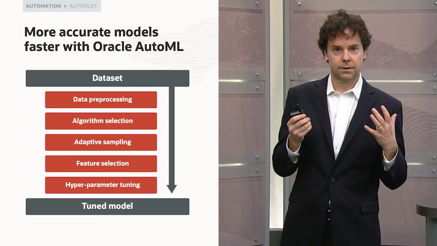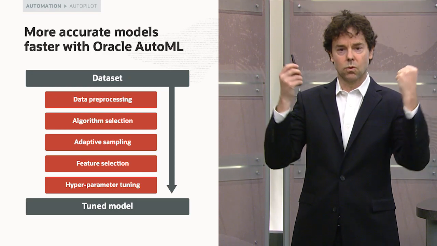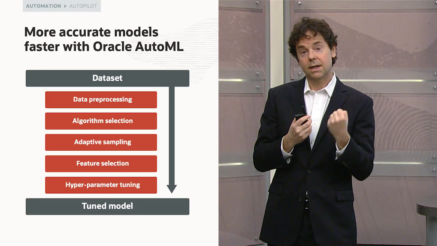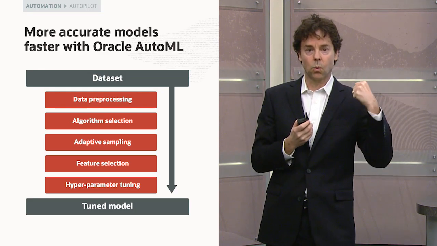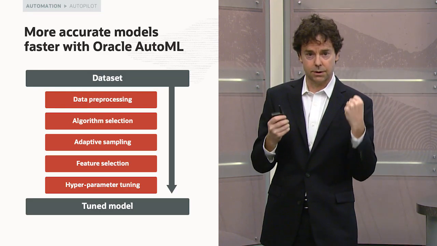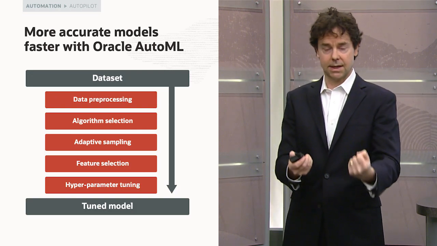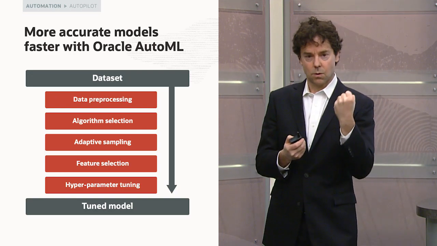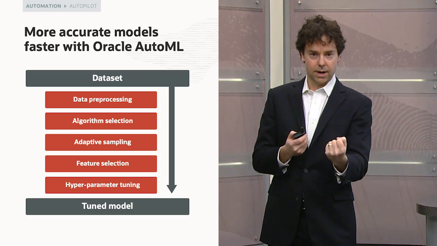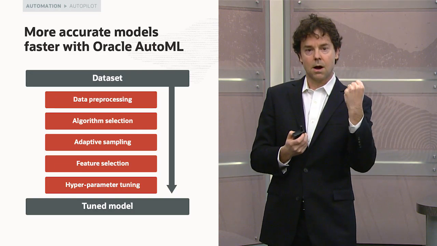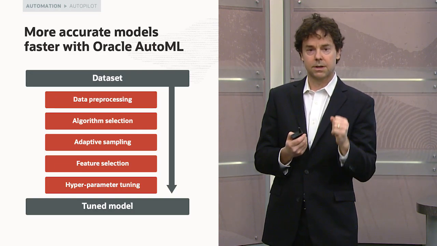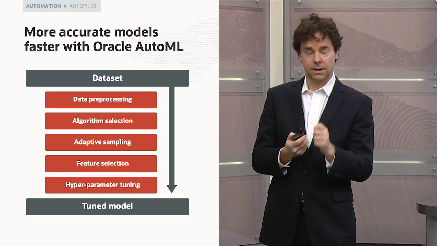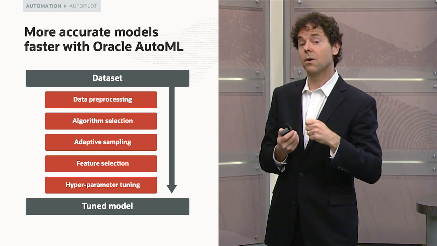What AutoML does is it basically runs experiments on your data. It looks at your data and determines what is the best algorithm. What is the best set of hyperparameters to use? What are the best features of the data to use? And what you get at the end is a tuned model. So Oracle AutoML is generating for our MySQL HeatWave customers optimized models built specifically for them to automate their MySQL instance using their data and only their data.